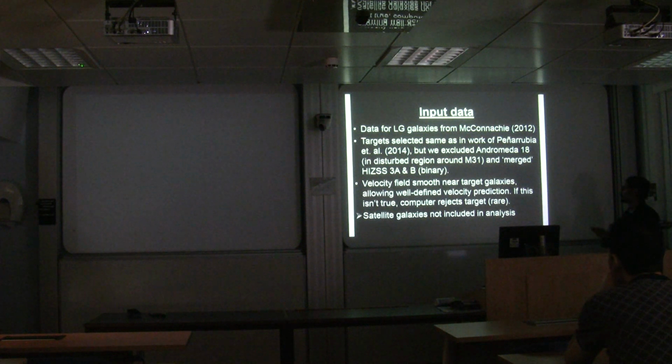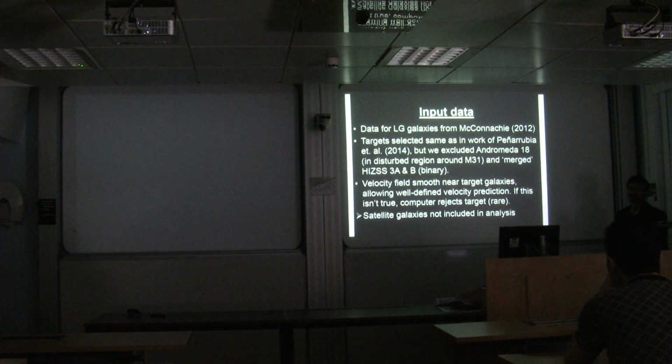Yeah, the velocity field has to be smooth near the target galaxies. If it's not smooth near them, so it's crossing trajectories, then you can't be sure what velocity a galaxy at a particular position should have. You might be able to measure its actual velocity very accurately, but you can't be sure what it should be, so that's not good. So we reject the targets like that, but that's rare because Anaerobia is probably done much slower for us. Satellite galaxies are obviously not in our analysis because they're going to be in a disturbed region around the Milky Way or Andromeda. So we look at distant, non-satellite galaxies,